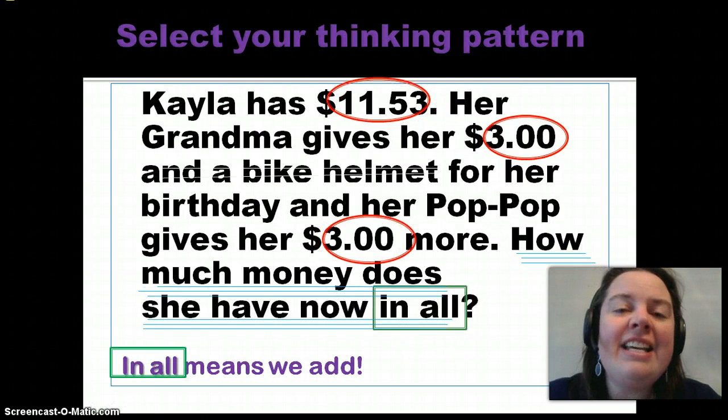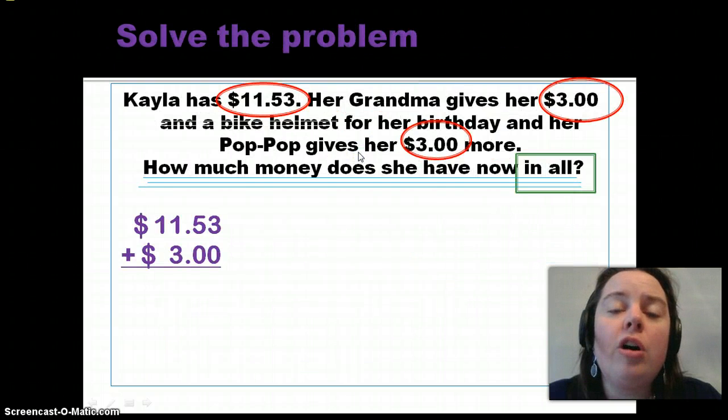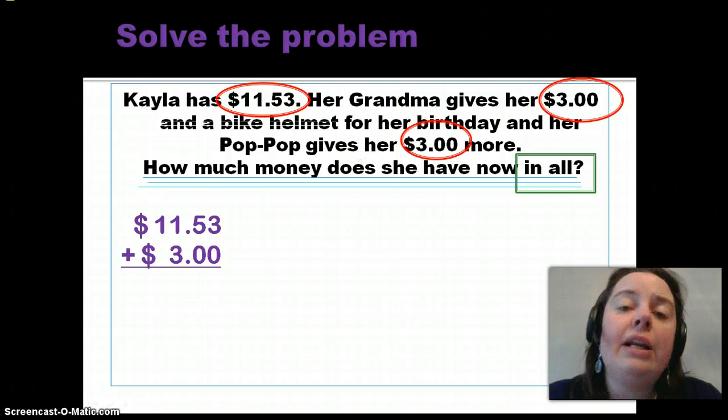Good, add. In all means that we add. So we're going to add these numbers together. So next we need to solve the problem. And to solve the problem, we're going to add all three of these numbers. We're going to start off by adding